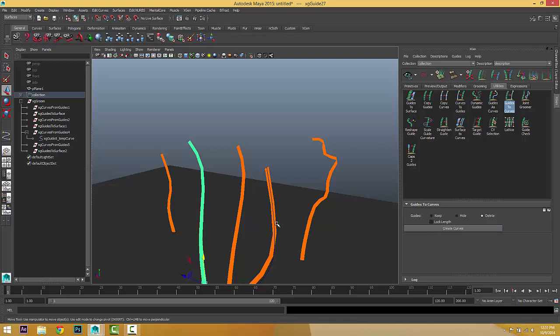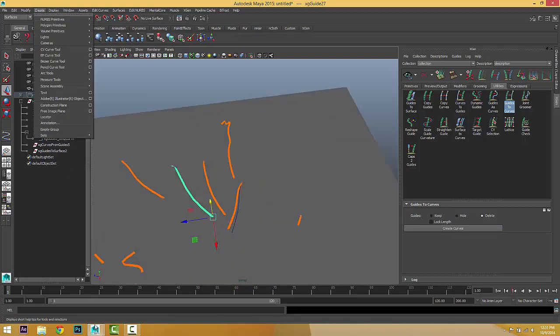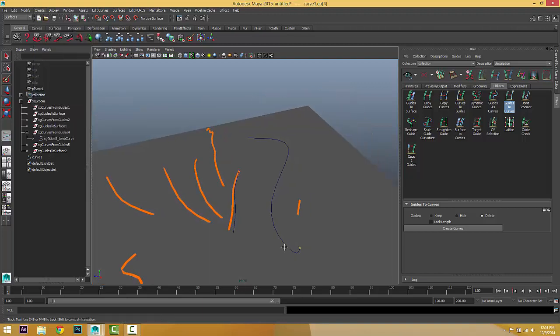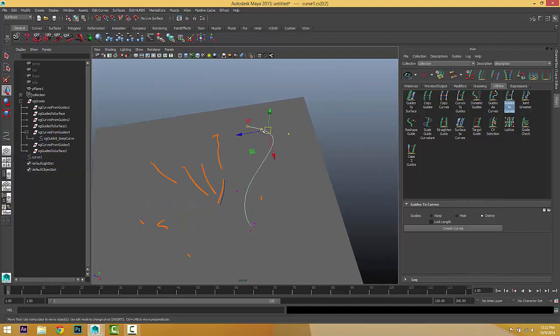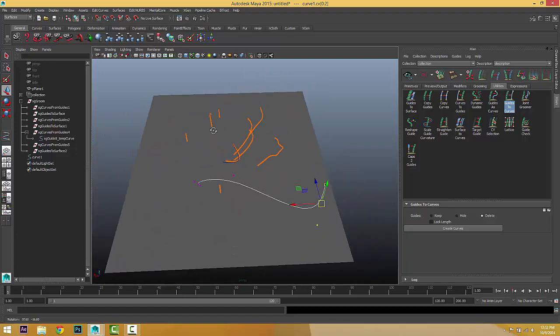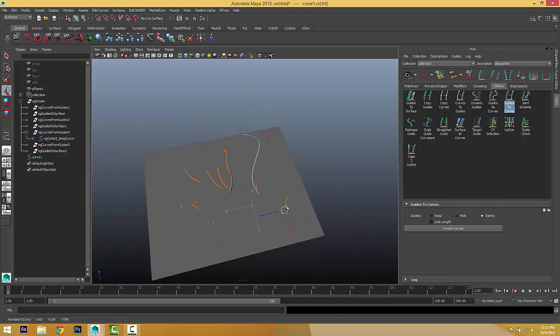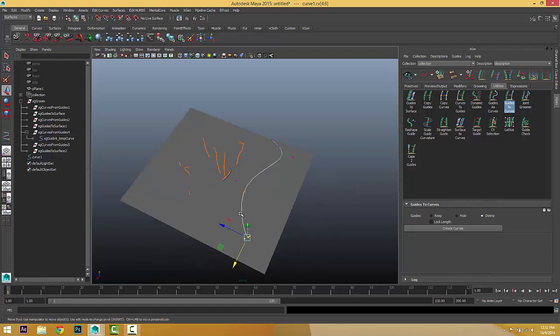If you choose to lock the curve, it's similar to, let me just create a curve. If you go to the EP curve tool and create maybe a very simple curve. Okay, now if you right click, go directly to control vertices and select a few control vertices, and if you move them around, we will get something like that.